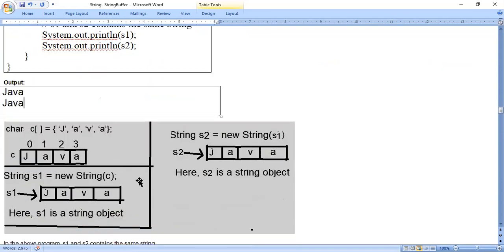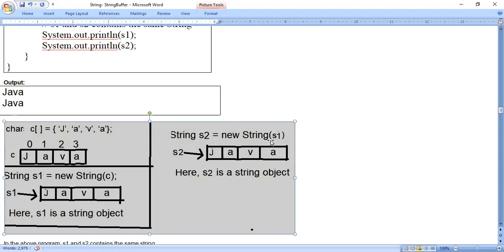And this is the memory representation. When you use a character array, you draw the memory representation like this: character array c equals JAVA, J at location 0, A at location 1, V at location 2, A at location 3. String s1 is equal to new String(c), which means the same characters are supplied to the constructor and s1 becomes Java.